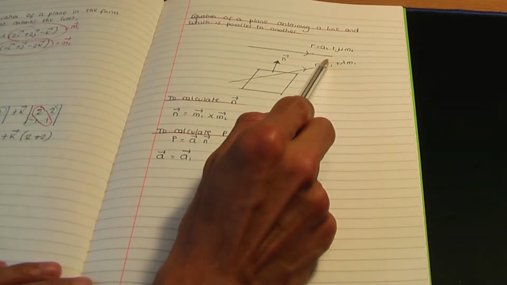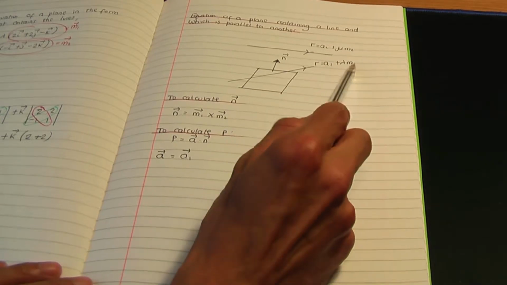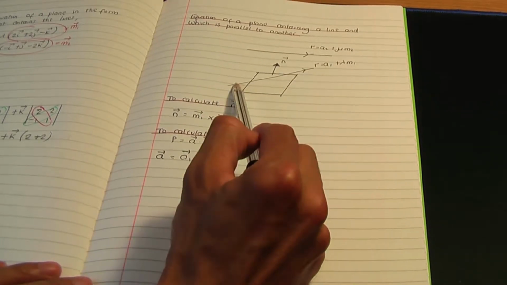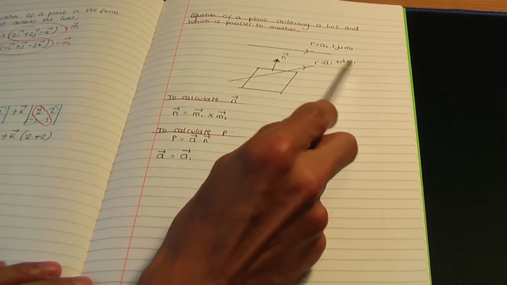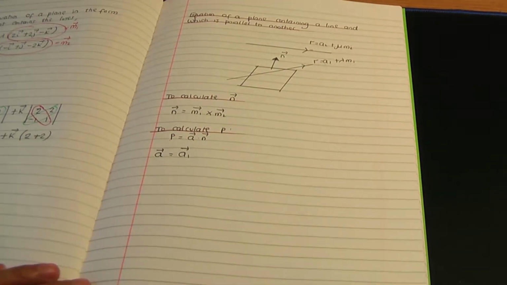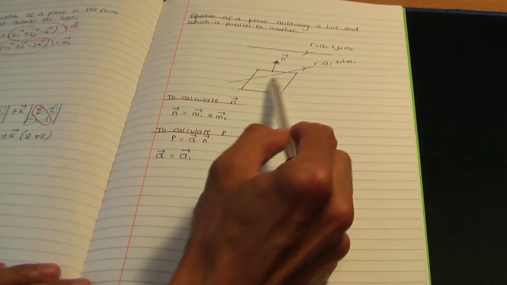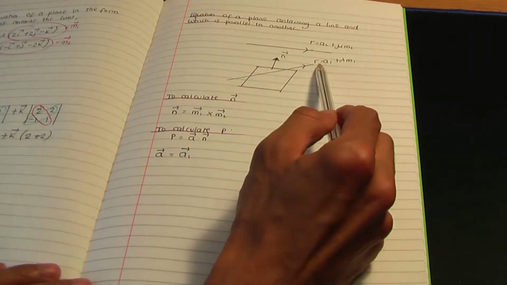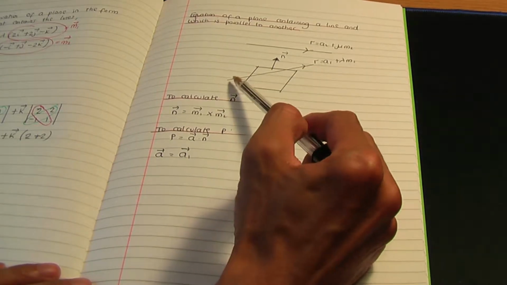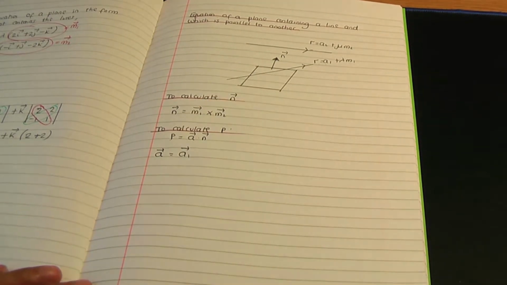A, we take that to be A1 because this line is contained in the plane, and this is the position vector of a fixed point on your line which is also on your plane. So when choosing A, always look at the line contained, the line which is formed in that particular question that you're looking at. Okay,